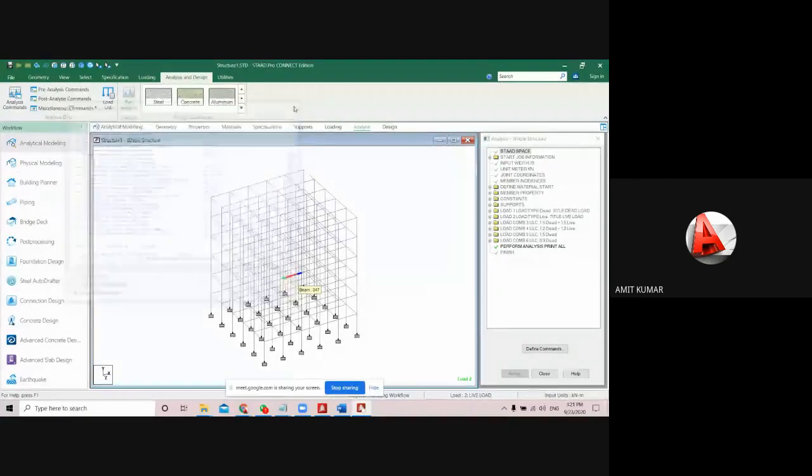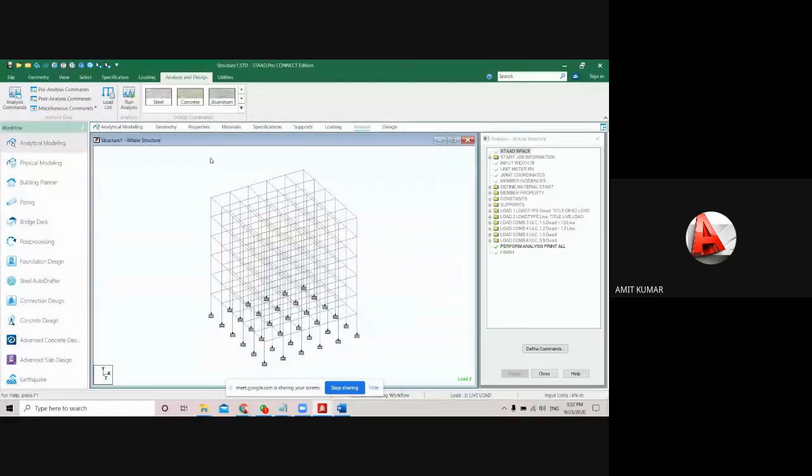Now come to the next method, that will be your concrete design. So here I am just going to do the concrete design. That means now the second session's main topic is going to start. So just see it. First of all, I will change the unit system, just because in concrete design mostly we use the length unit in mm and force unit in Newton, but you can work in meter and kilonewton also, but it is basically everyone's working style.